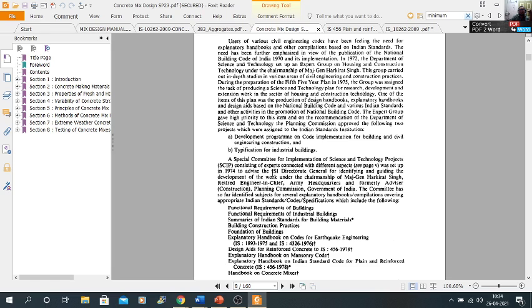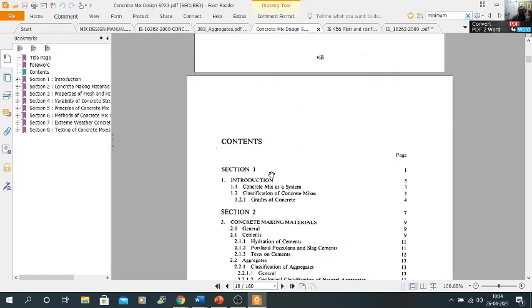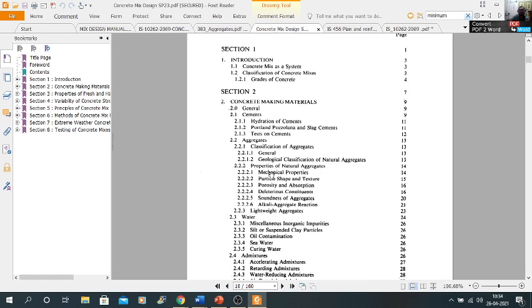In this, the details are given, almost how to find out the properties of the ingredients of your concrete. They are made of different sections: general requirement, aggregates, water, and the admixtures.